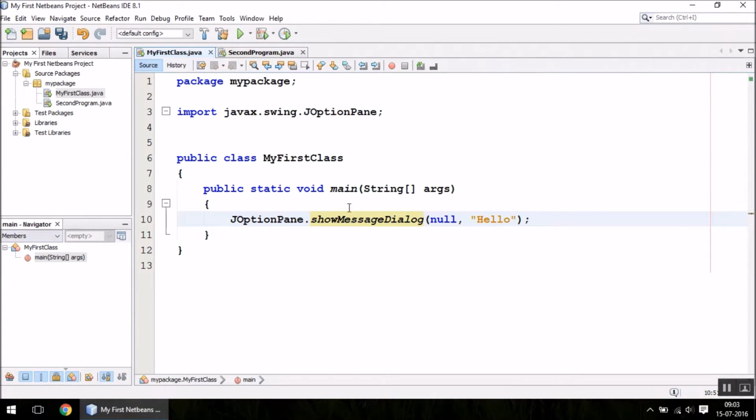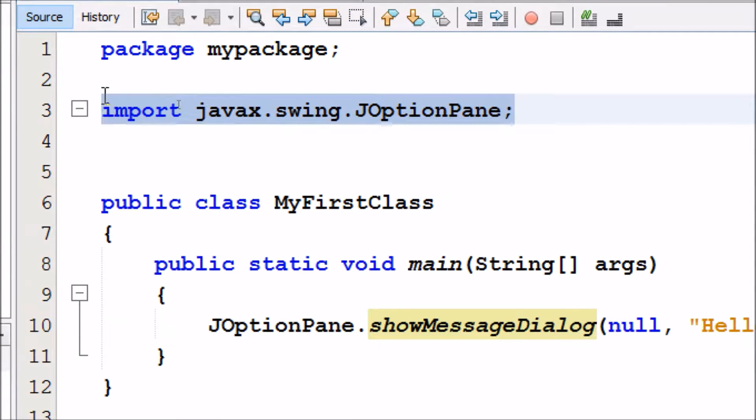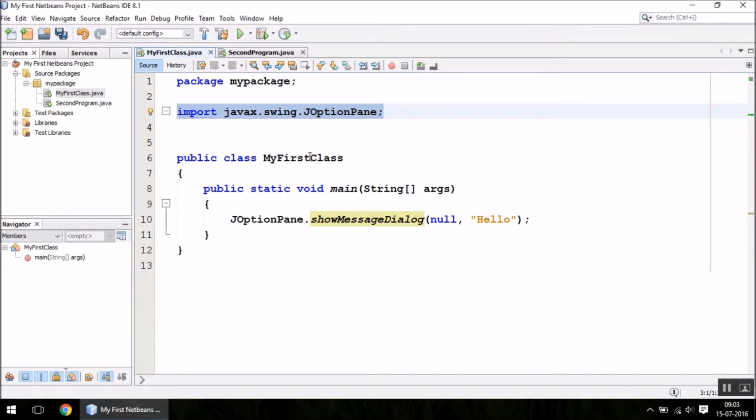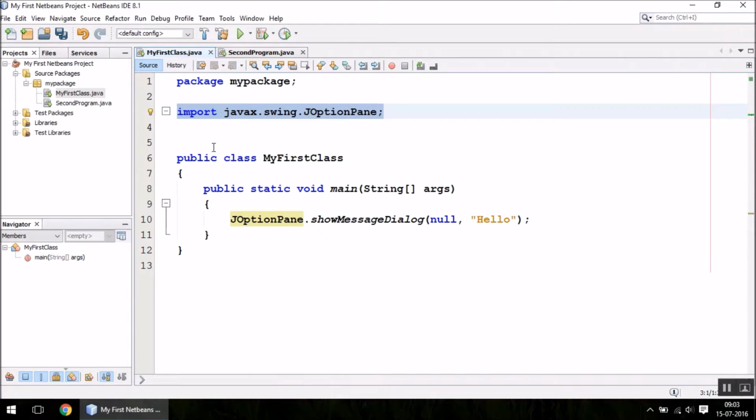Another thing that you should observe here is that it has already imported the JOptionPane class along with the package names. This is because I used IntelliSense. Now if you type everything without using IntelliSense, this automatic import is not going to appear.